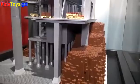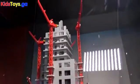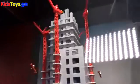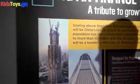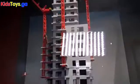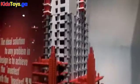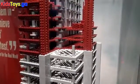And then as the building grows and ascends, there's a few elements that I forgot to put on here. Well, no, I didn't forget. I just didn't have time. Like the formwork, they call them jump forms, which here in the photograph you can see at the top. But having them out there shows you a division of the process, or the chronological building up of a building, and then getting a little cute with the cranes